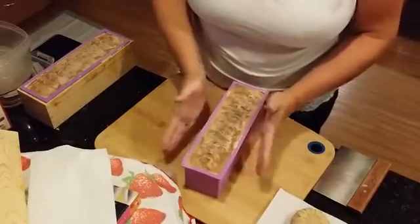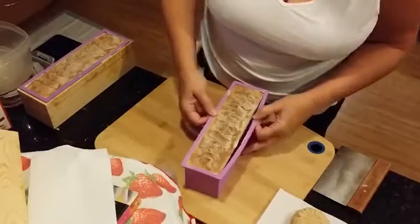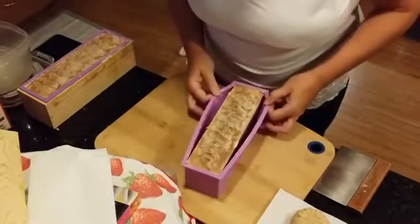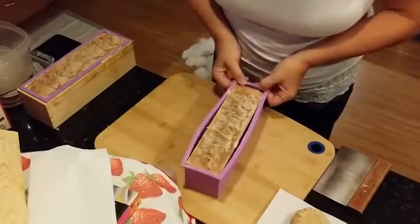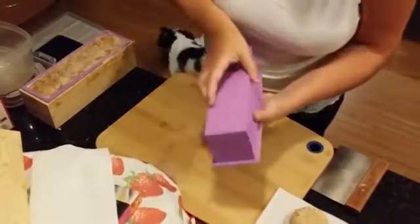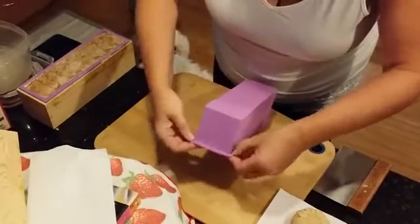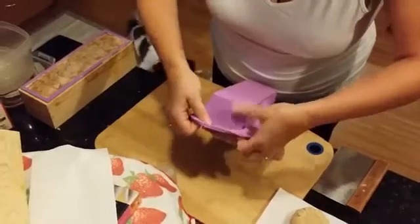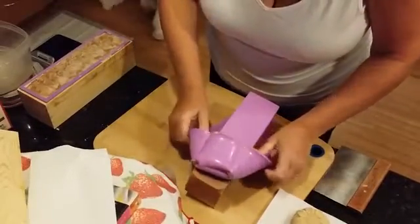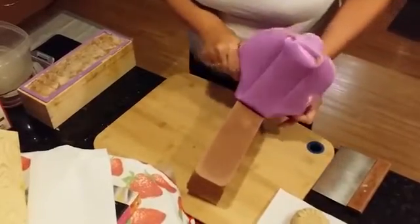Okay, so we've got our mold here. What we're going to do is kind of release the sides. See how we're doing. They look good. I think we'll be able to get them out and release the ends. And then I'm going to flip it over and we're going to kind of pry one end up. These silicone molds are great. See how it just popped off, and then we just release and lift up